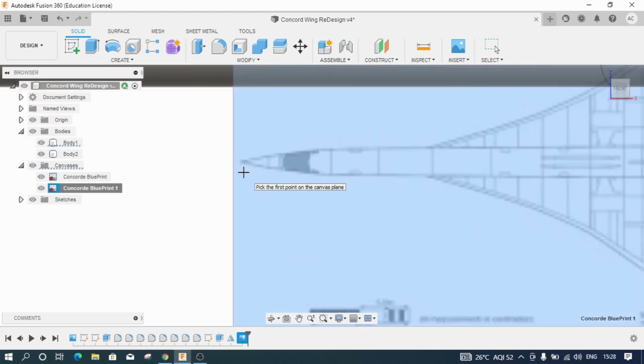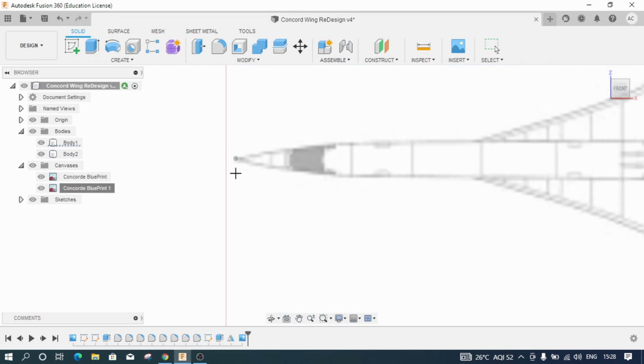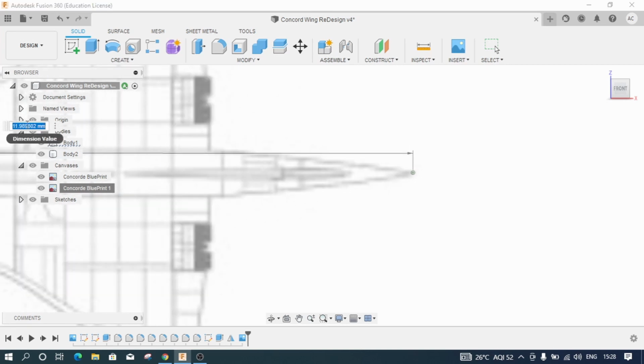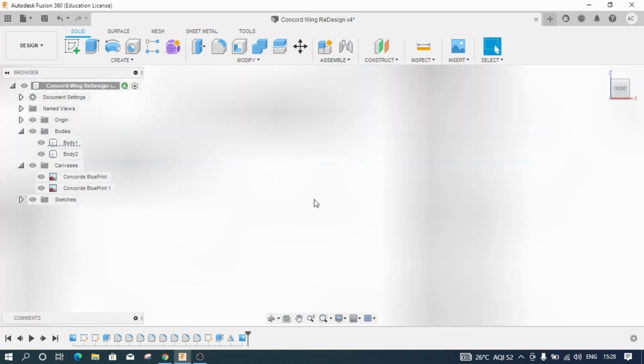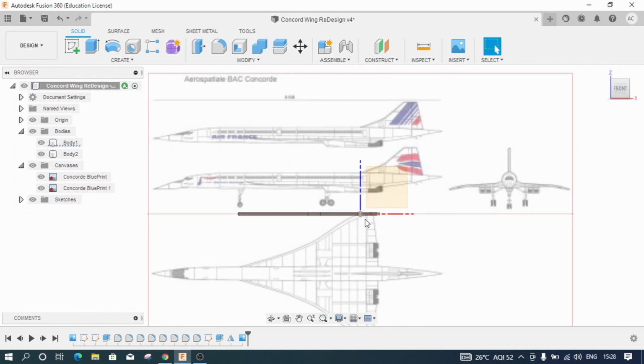Let me zoom in with my mouse wheel. I will click on this particular point, which is the end point of the nose of this aircraft. And I will again zoom out and again zoom in, placing my cursor at this endpoint, and I will pick up a point here. Now it is saying 11.28, 11.989 some mm. As we discussed in part 1, the length of our aircraft is 180 mm. So let me hit 180 and enter. And after you hit 180 and enter, you can see that your aircraft image is now scaled up.